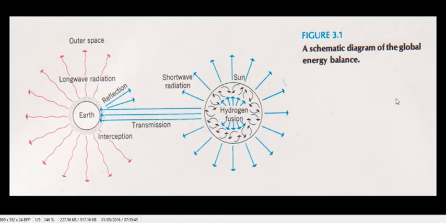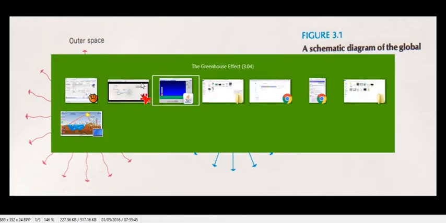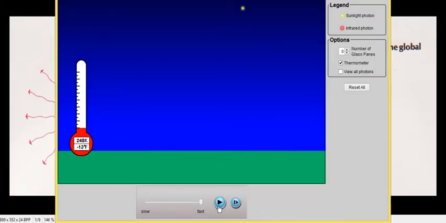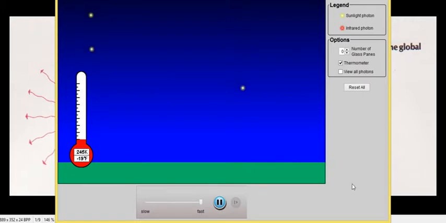As we know, Earth's climate system is powered by sunlight, and it's the balance between the incoming and outgoing solar radiation that creates an equilibrium and a particular temperature at the Earth's surface. If we take a look at this animation, you can see the incoming sunlight as white dots, and as those white dots hit the surface, they heat it up, and that heated surface re-radiates energy, re-radiates heat back out to